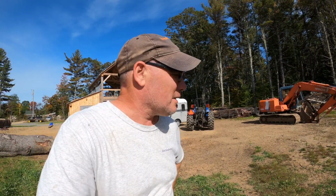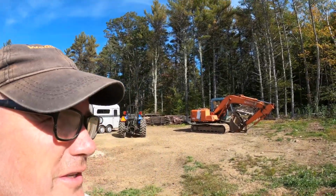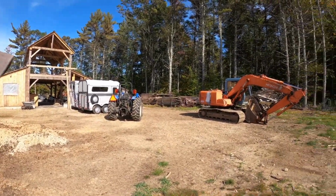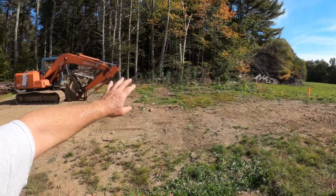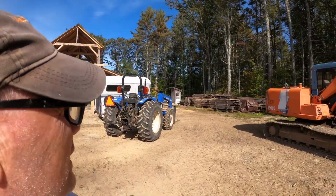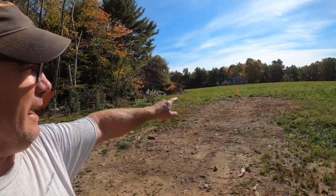You can hear the excavator running. It hasn't run for a while and started the first time, so that's good news. I went through, checked all the fluids, I greased it, and this morning I cleaned up all of the wood and bunks, and it's all been stacked over here nice and neat. And if I can, I'll try to put in a before and after, because before, when all this wood was stacked in here,